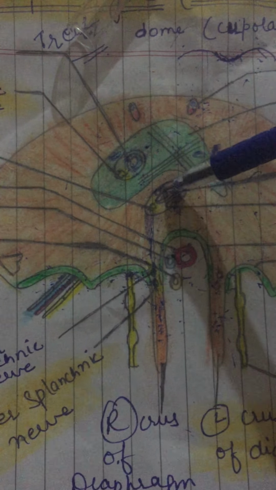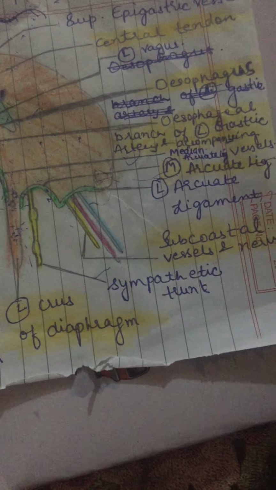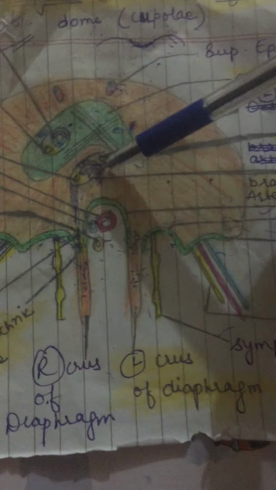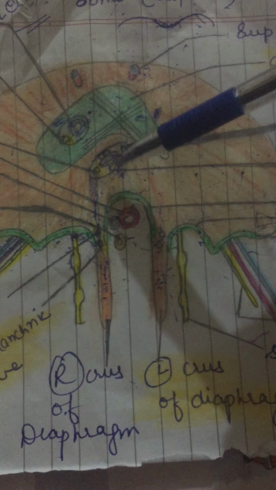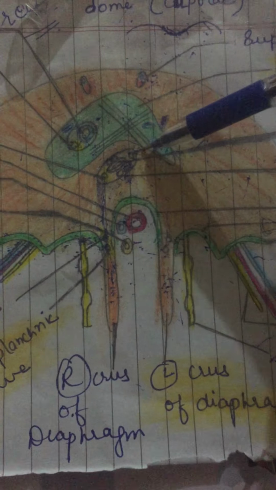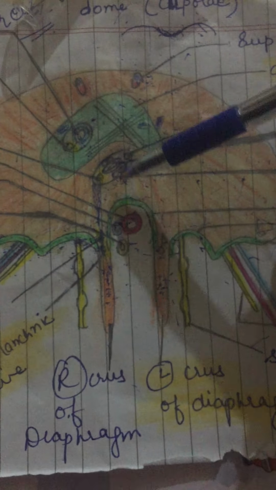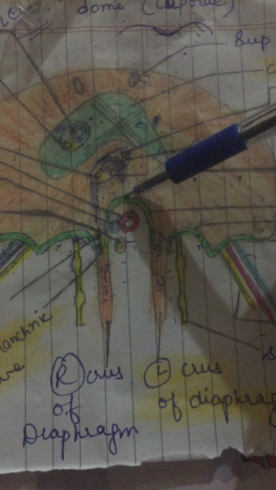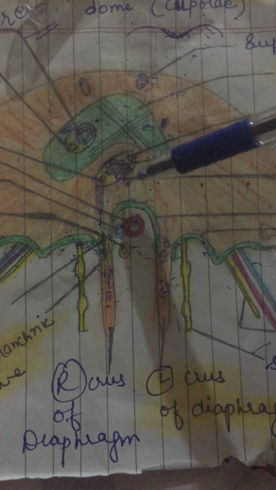Then we have esophageal branches of the right and left gastric artery. I have drawn here esophageal branches of the left gastric artery. Here I have drawn esophageal branches of the right gastric artery, right? So the structures passing through the esophageal opening are the esophagus, right and left vagus. Then we have esophageal branches of the left gastric artery and the corresponding veins and lymphatics from the liver, right? Now the effect of contraction is already discussed.